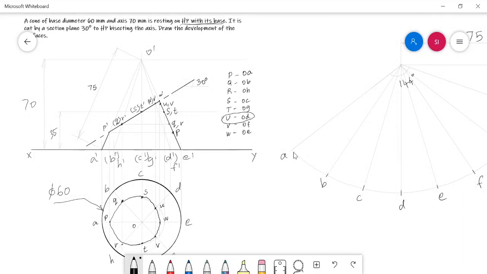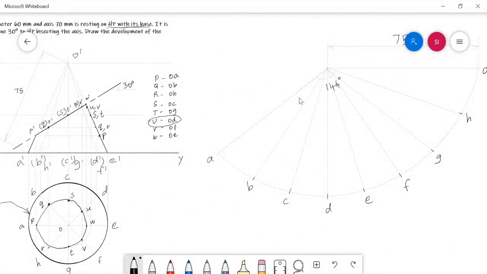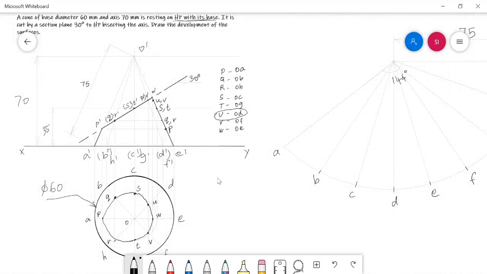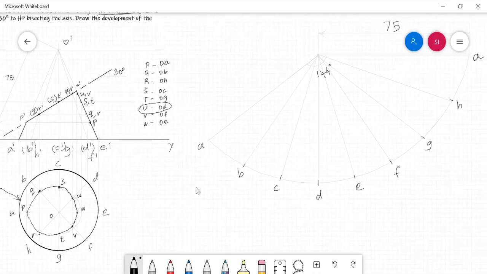Now measure the distance of O dash P here in the extreme generator, and mark it in the respective corresponding slant generator, that is in OA. In this problem, the point P dash in O dash A dash is already in the extreme generator only. So if you measure this distance and that distance, both will be equal. But for our complete consolidated analysis, I am shifting all the cut points into a single extreme generator. If you measure O dash P dash in the O dash A dash generator, this is also correct. Now I am measuring the O dash P distance and marking it in the OA in development.